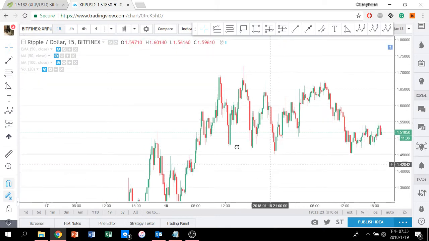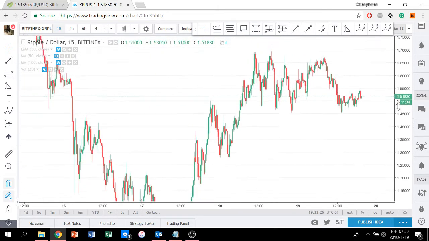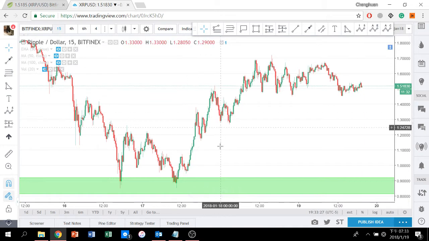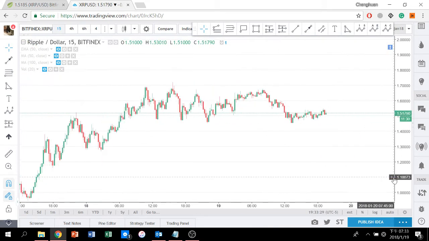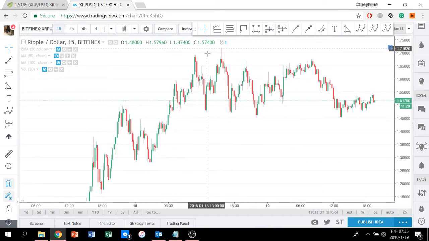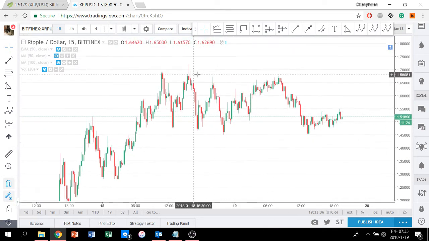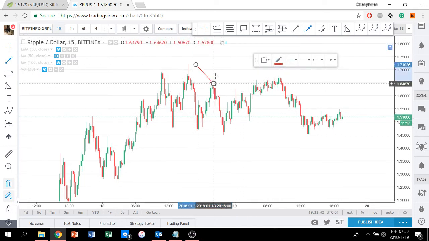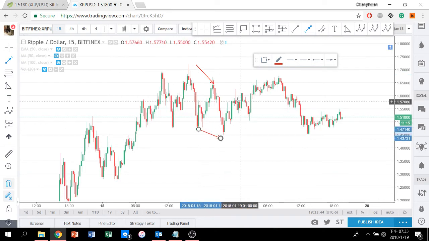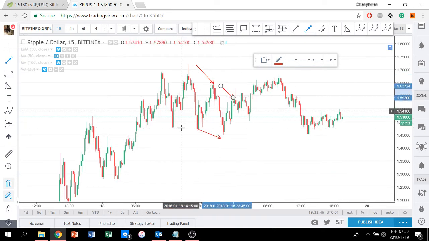If we look at the 15-minute chart, after the bounce back, we have 5 waves up, and after that, we have an exhaustive end of this wave, right? An exhaustion, forming a wedge-like channel with lower highs and lower lows.